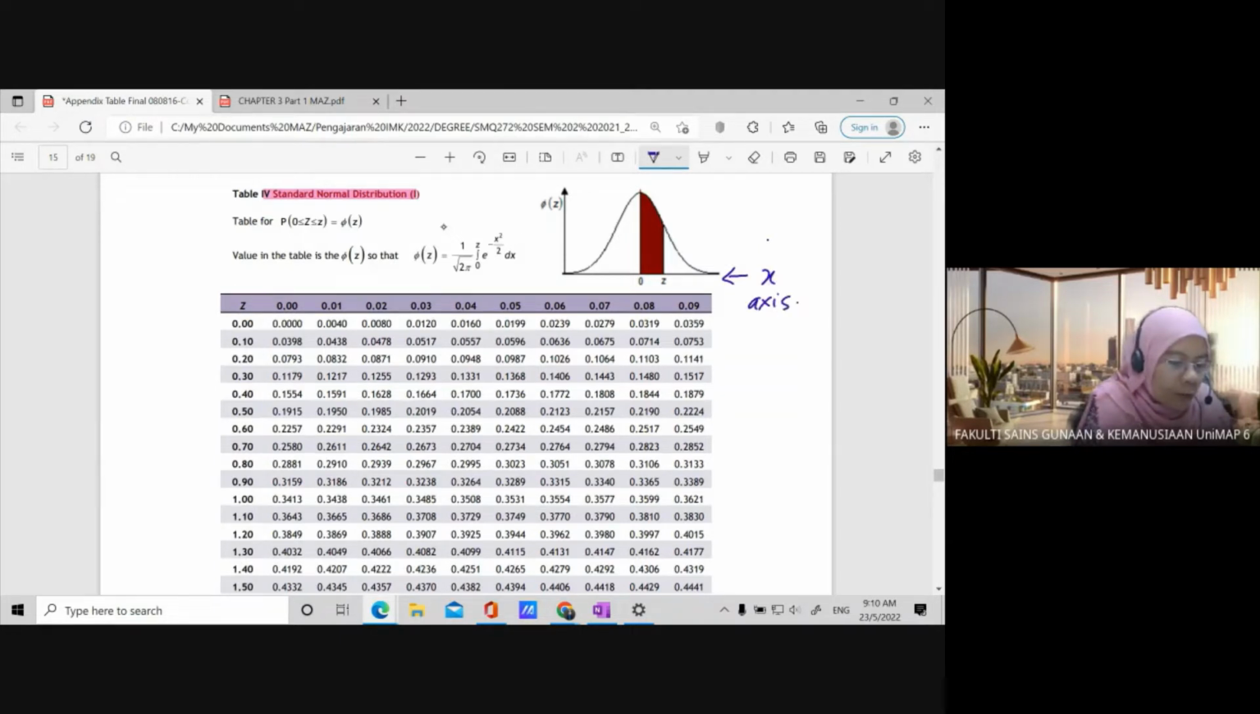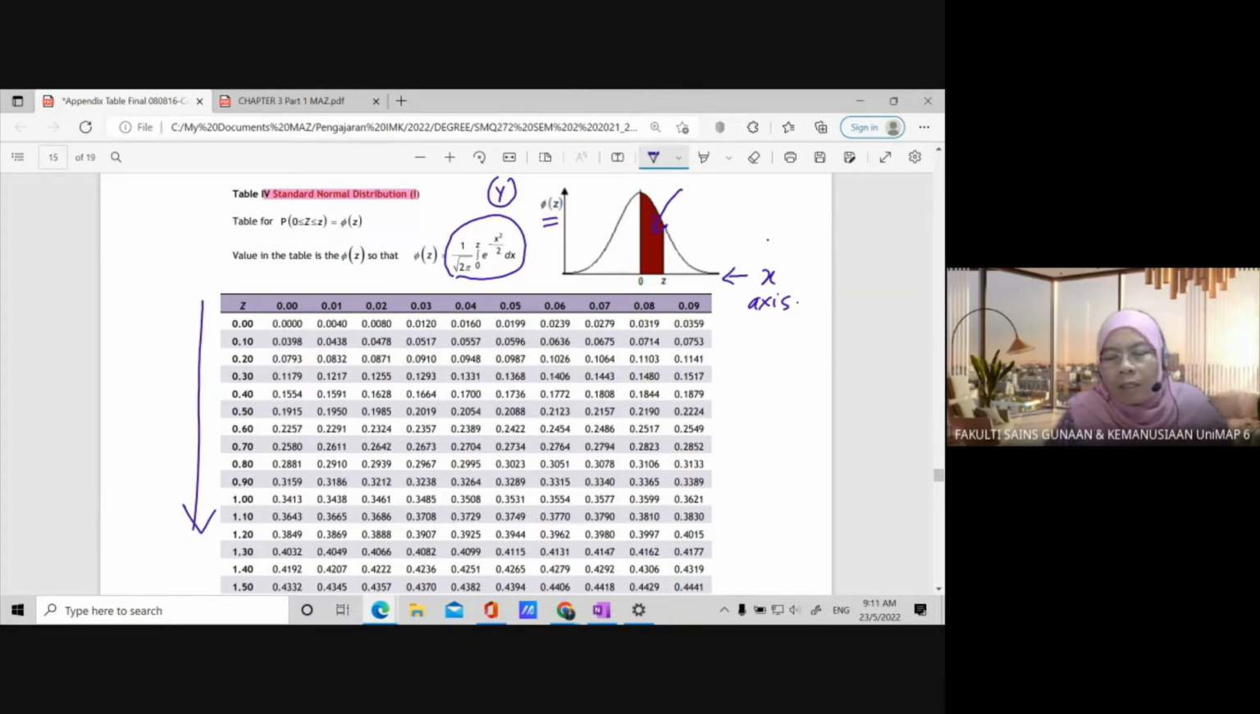So this is the y-axis, but in our case, the y-axis is the function of our normal distribution. In this case, the function is written as this one. Okay, this is the function. Now, where is the probability value? The probability value given in this particular table is reflecting this brown